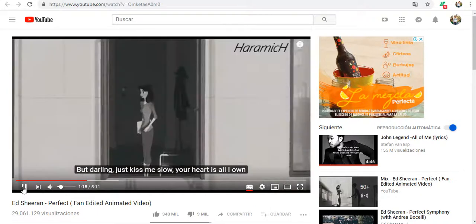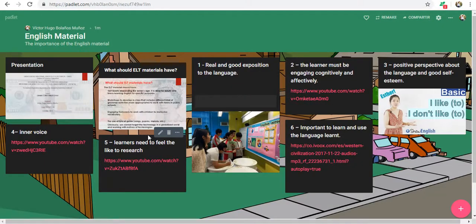What a beautiful age and what a beautiful material when we can connect the students with real life in this case.